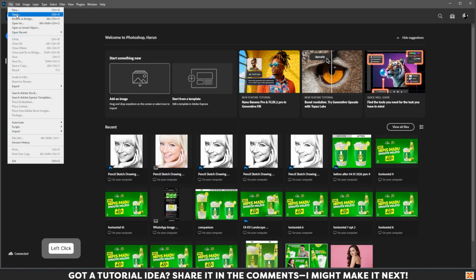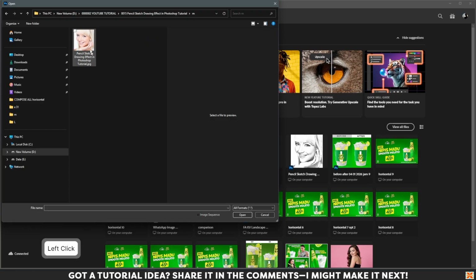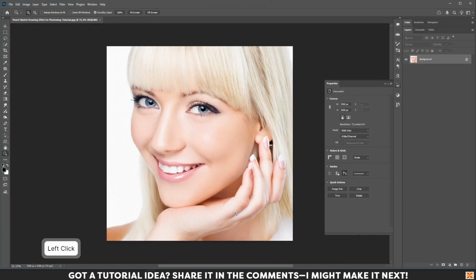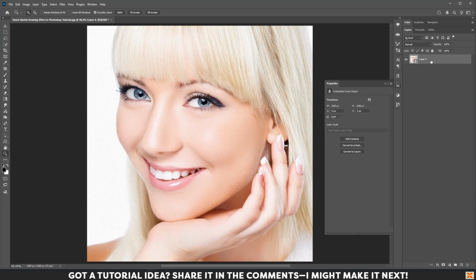First, open the file that you want to edit. And then click the layers and convert to smart object, because smart object is non-destructive. And then copy the layer by pressing Ctrl G,